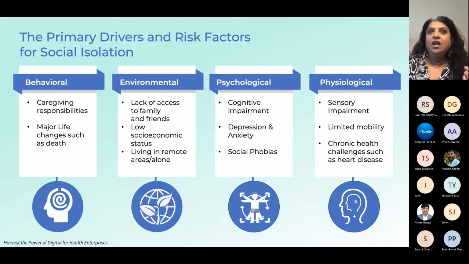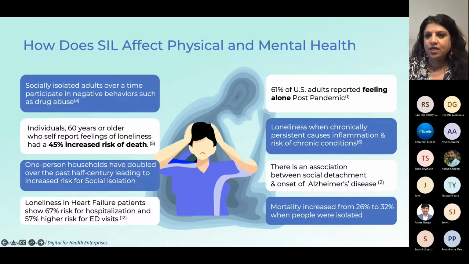Limited mobility. If you are disabled, wheelchair bound, walker bound, you're not able to leverage the stairs, you're not going to want to go out socially, you won't be that active. Chronic health conditions, if you have rheumatoid arthritis or any kind of arthritis where the joints ache and pain, you're probably not going to want to get out and do that. So these are some of the drivers and factors that impact social isolation and loneliness.